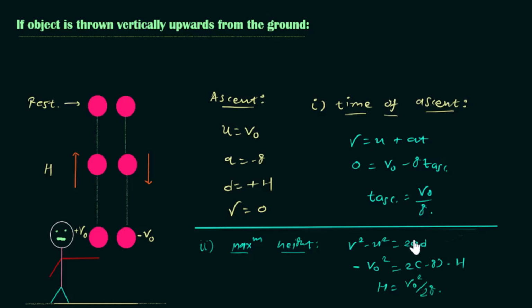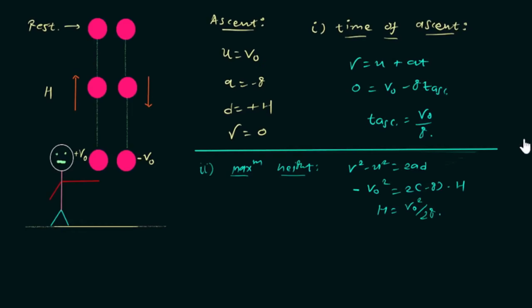So we are going to find two parameters, one is time and the second one is maximum height, because that's what we all need. Now let us consider the case of descent. In case of descent,